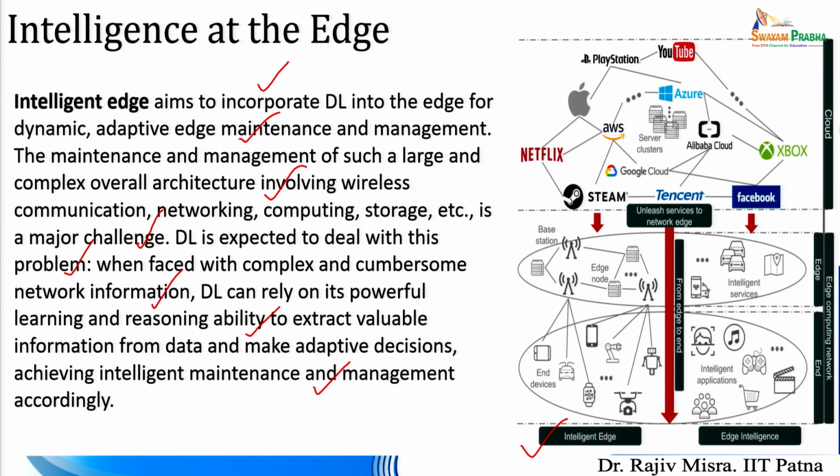So, here you can see that this ecosystem, that is an edge cloud system, which often uses a lot of communication technologies at every stage, requires the intervention of intelligence. Thereby, running the edge requires a lot of intelligence, so it is called the intelligent edge. Using intelligent computation, it can achieve intelligent maintenance and management, and thereby it is called the intelligent edge.